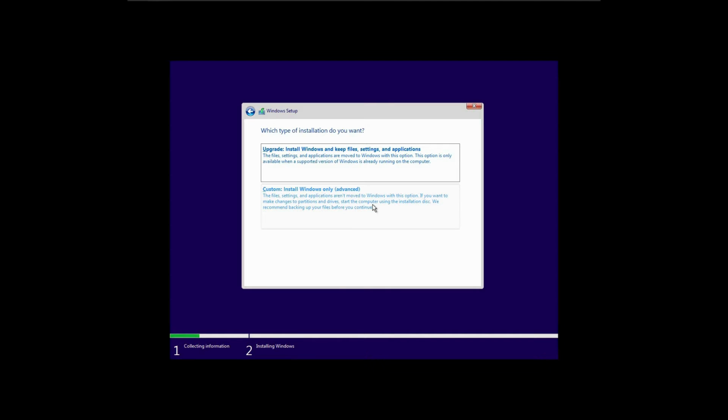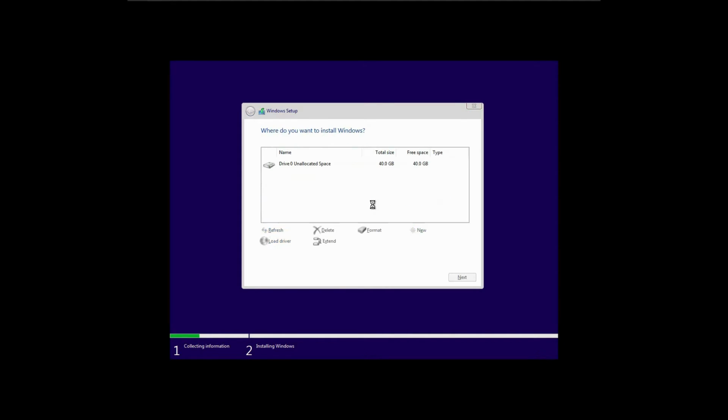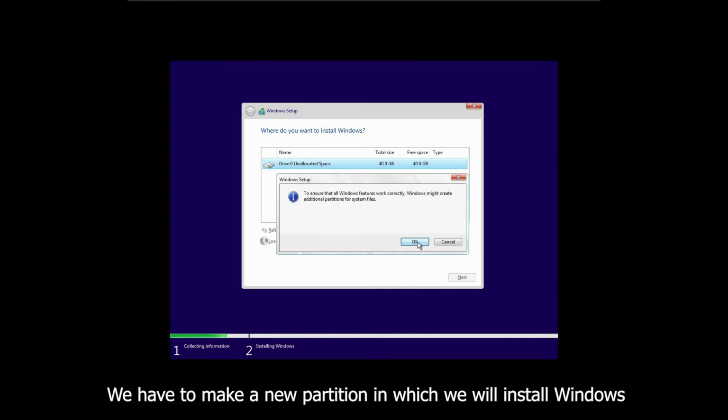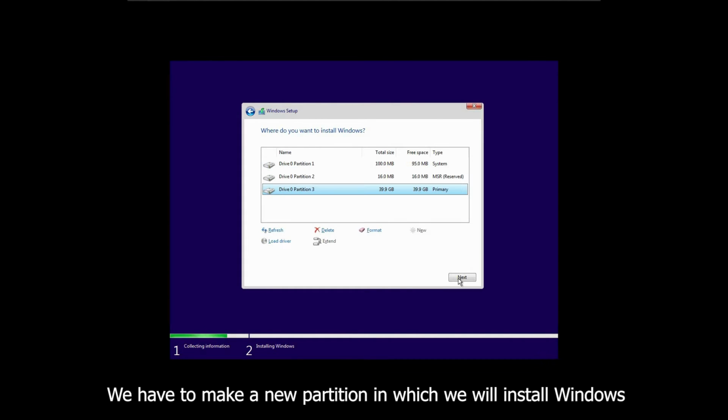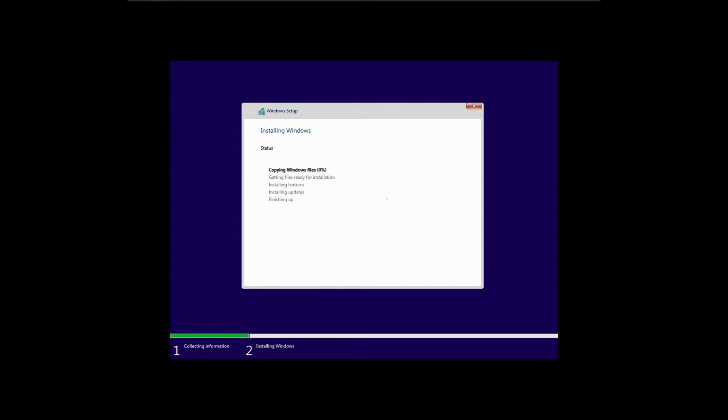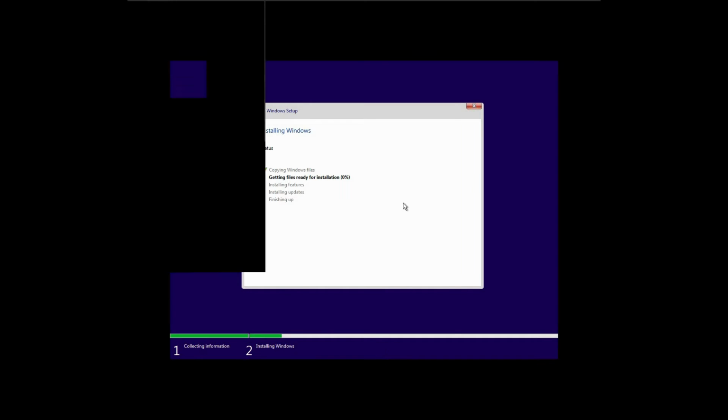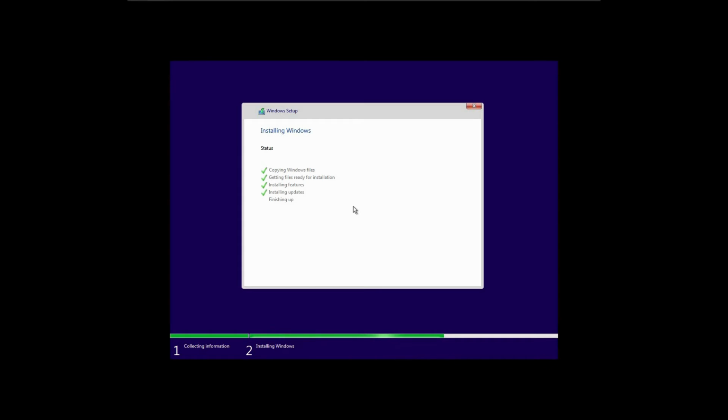Now here we have to click on the second option, and here I will modify my hard disk and simply click on next, and here you can see that the installation has now started. So I will be back to you once the installation is completed. And now here it is asking me to restart my PC, so I will click on the restart now button.